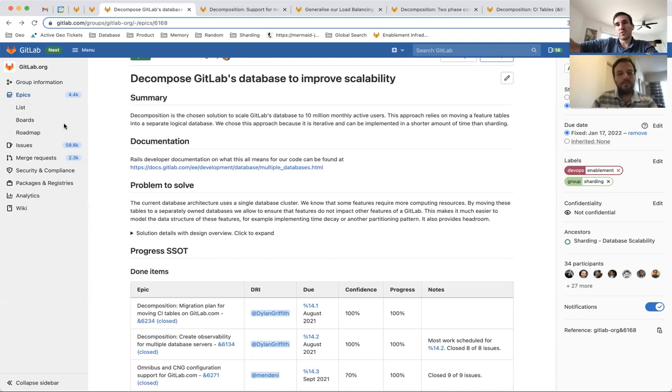This is a project that has been going on for a while because there are many different things that we need to figure out to actually make that possible. Roughly speaking, there are two big chunks that we have to address. One is making the application itself ready for running and supporting many databases, because at the moment we have only one database cluster, so we don't need to handle that complexity. The other thing is that in production on GitLab.com, we need to run two database clusters. We need to monitor this and have all of the logging and alerting in place,